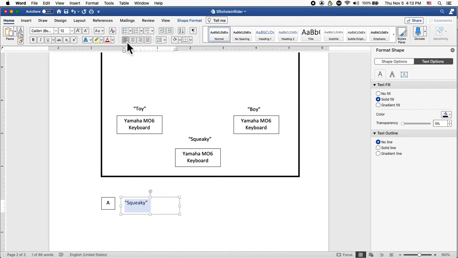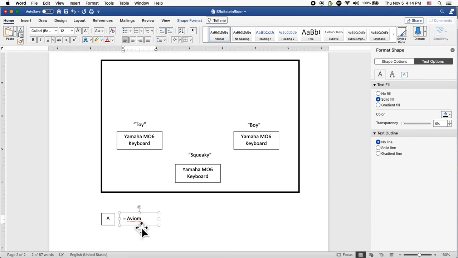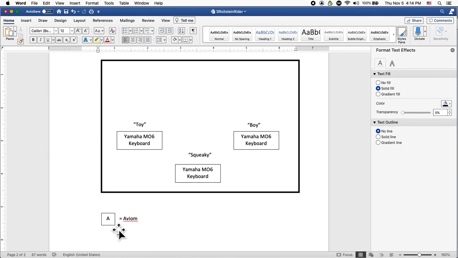And I'm going to type equals Aviom. So this is just telling people what this thing means. Get it a little closer here. All right. Now I'm going to